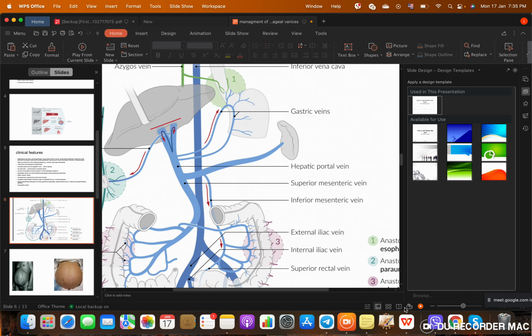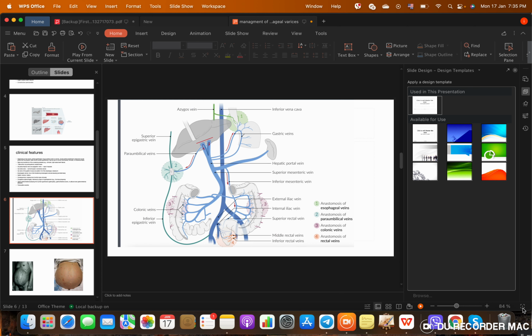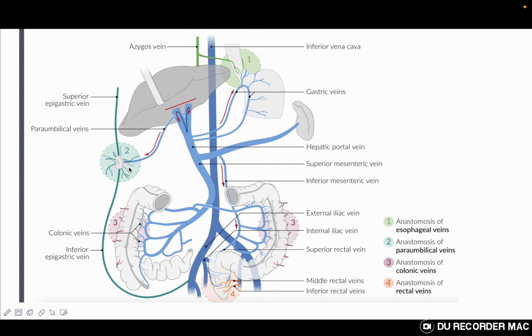vein. I am a newbie, so I don't know how to make the screen big. I think it's this. It's not. I really don't know how to do it. I hope. Oh, okay, it's like this. So,